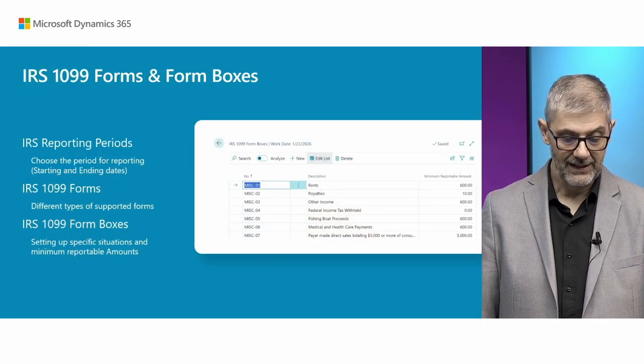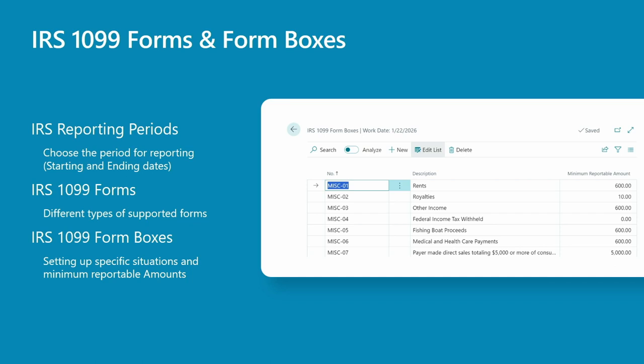What we have in 1099 forms and 4 boxes. First, you will see we have these IRS reporting periods. As I mentioned, we have starting and ending dates, so we can have multiple different periods at the same time. You need to mention which is the active period, but you can have different periods for reporting. Then you can use different types of supported forms for each of the 1099 forms. Then you have 1099 form boxes where you can specify different situations, minimum reportable amounts, everything related with